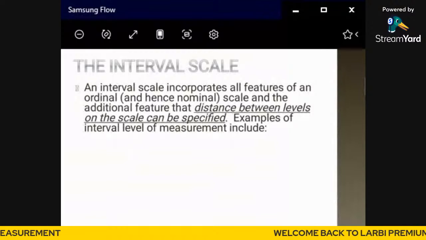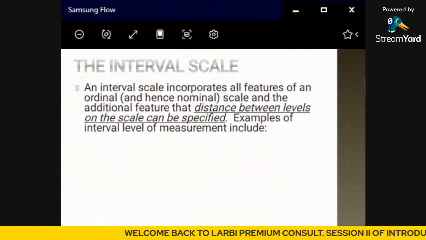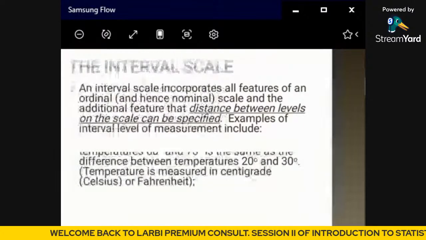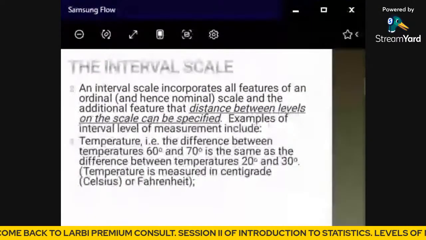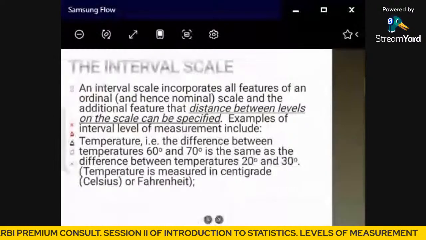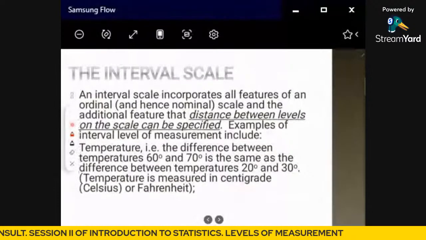Right. So for example, we can talk about temperature. Let's say we have 60,